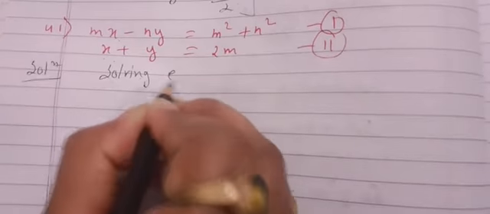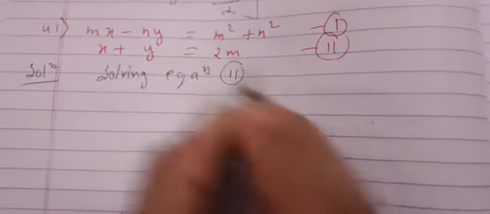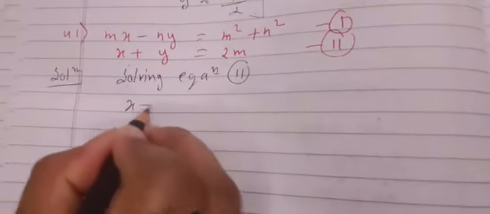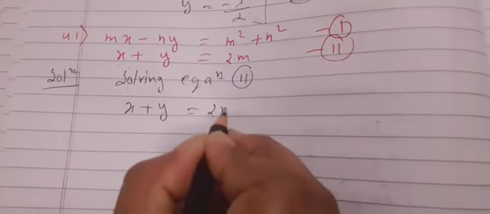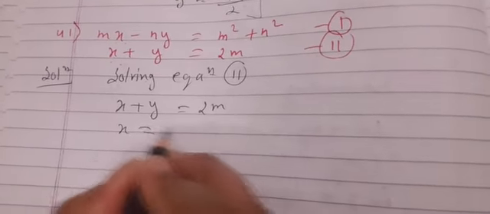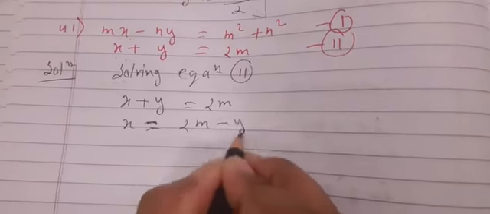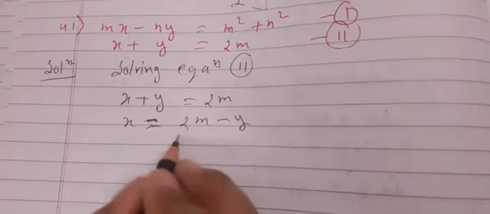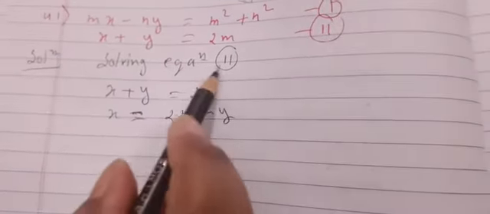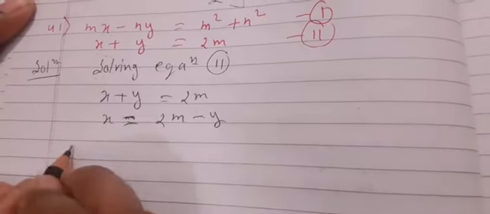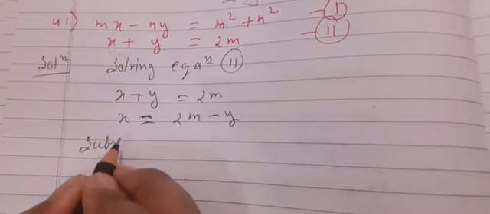Solving equation 2. And what is equation 2? That is x plus y is equal to 2m. So I want to find the value of x, so I will write x is equal to 2m minus y. Now we will use this value of x in the second equation, that is equation number 1, because we already got it from equation 2. So substituting